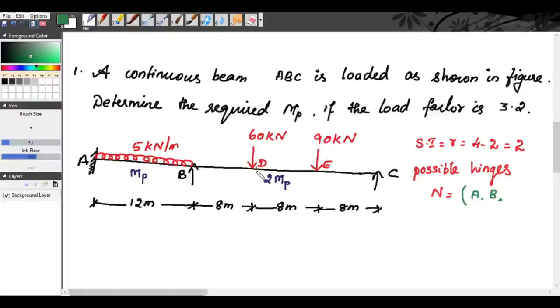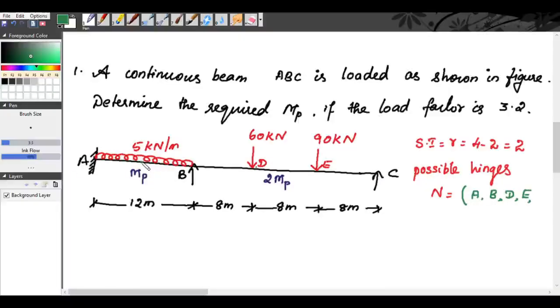Now at D and E you have concentrated loads. So you will have a hinge at D. There is a possibility of hinge at E. Now in this span AB you have a UDL. So in this span AB where maximum bending moment occurs, maximum bending moment will occur at the center of the span AB, at the mid of the span AB. So in the span AB, at the mid of AB you will have